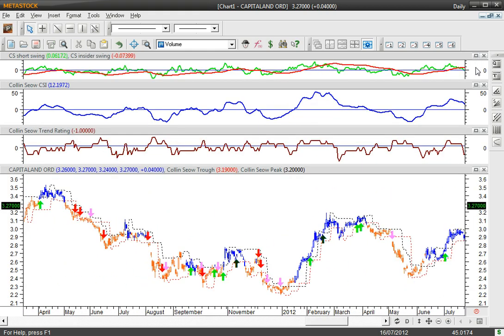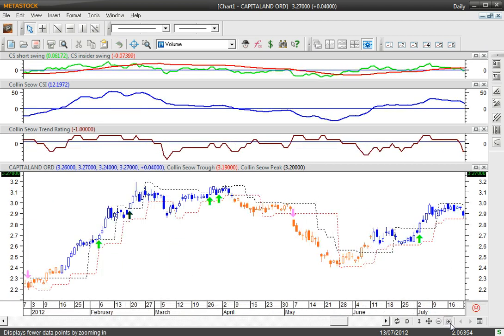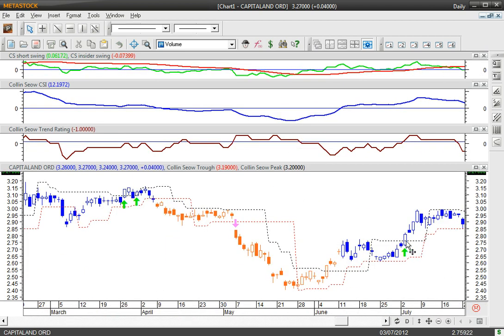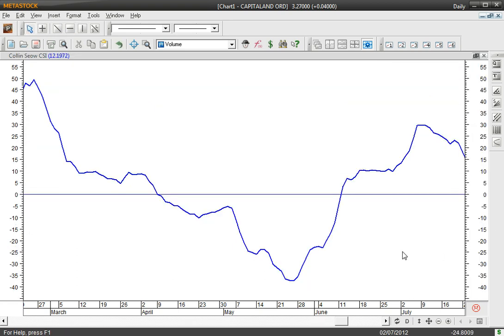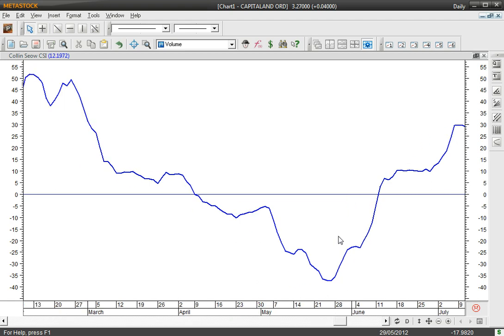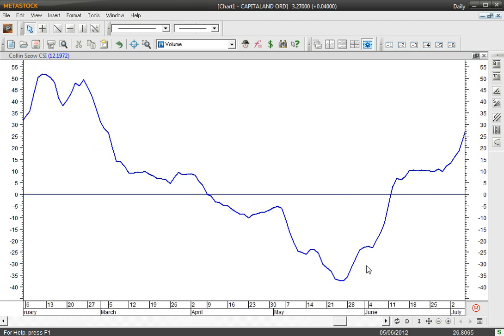this way of selling. So the first way is, for example, you have entered this position on this arrow over here, and you are already in profits. You bought the price maybe around here, you're in profits, and then you are waiting to sell. So you will look at the trend rating indicator, the CSI, and then you will look at this indicator over here, and then you will start to draw a line